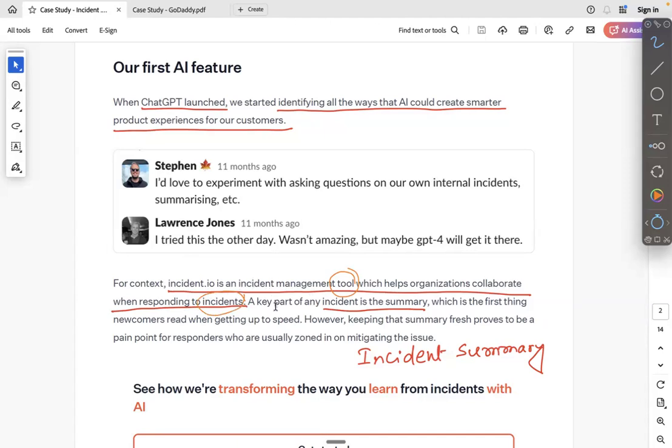One of the big challenges is when multiple people are working on a particular incident, the information is scattered, especially when they're using a collaboration tool. You might be familiar with something like a Slack channel, or Discord servers, where people keep